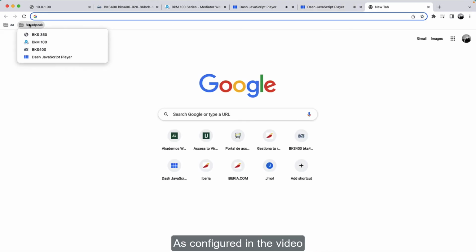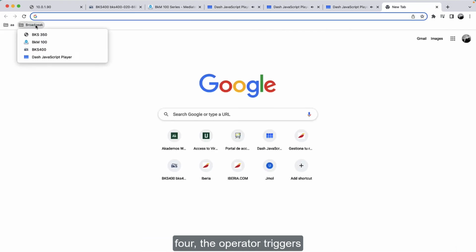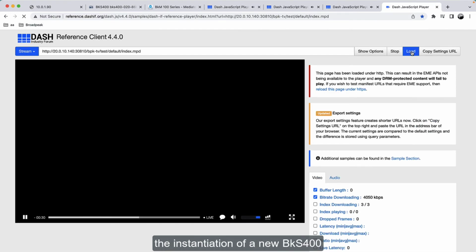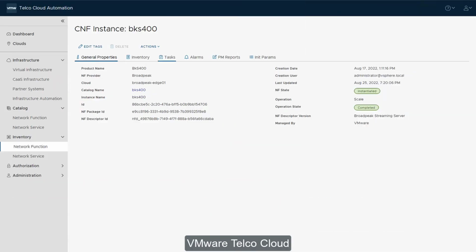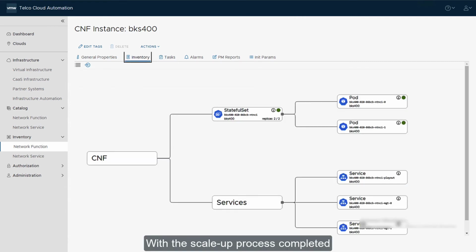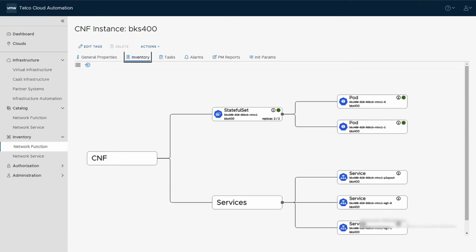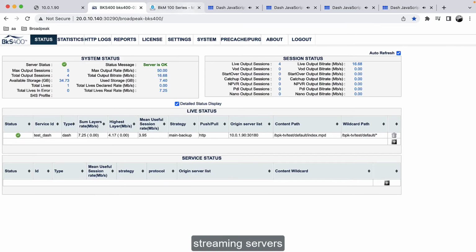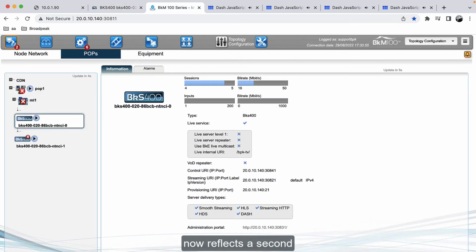As configured in the Video Delivery Mediator, we can see that when the number of streams reaches 4, the operator triggers the instantiation of a new BK S400 streaming server pod. VMware Telco Cloud Automation's Network Functions tab shows a replica being created. With the scale-up process completed, the Inventory tab displays the newly created server. The first instance of the streaming servers shows our 4 streams connected,